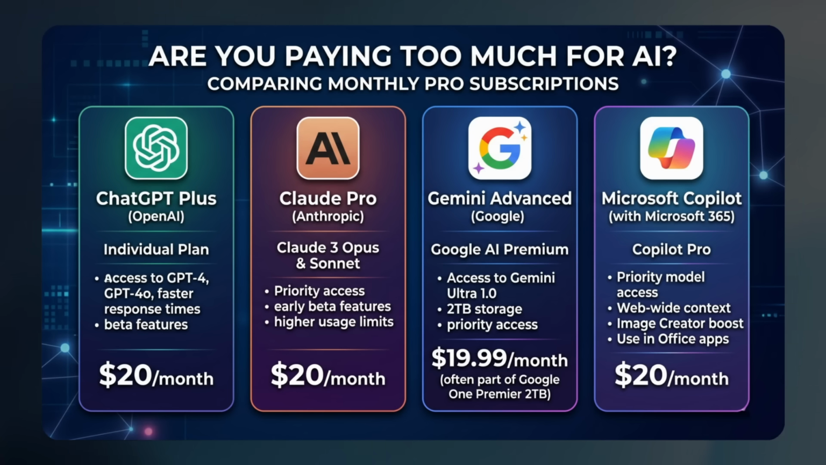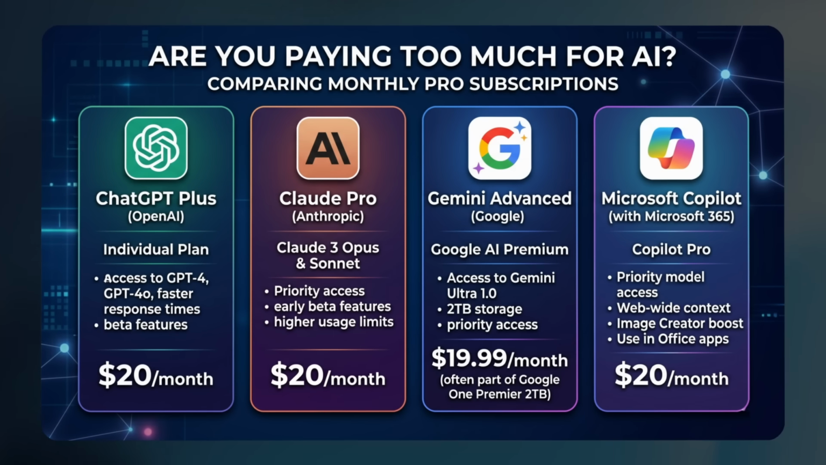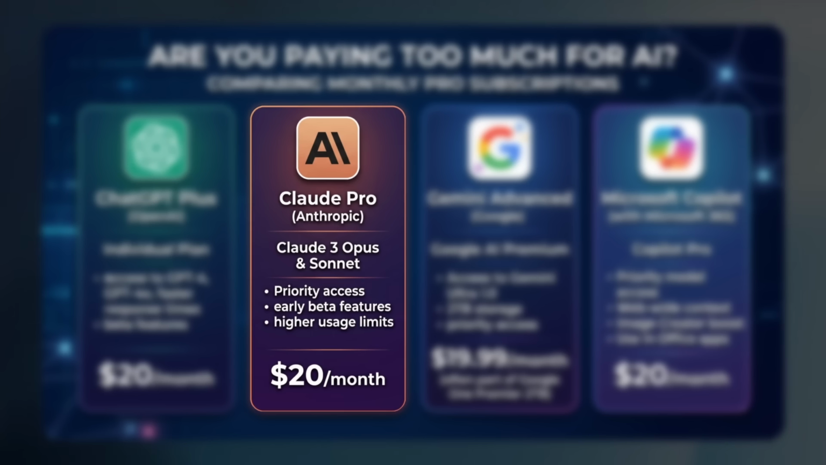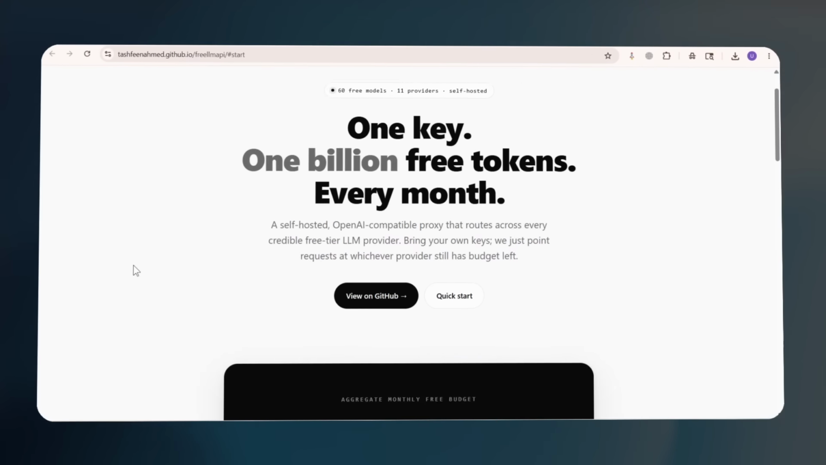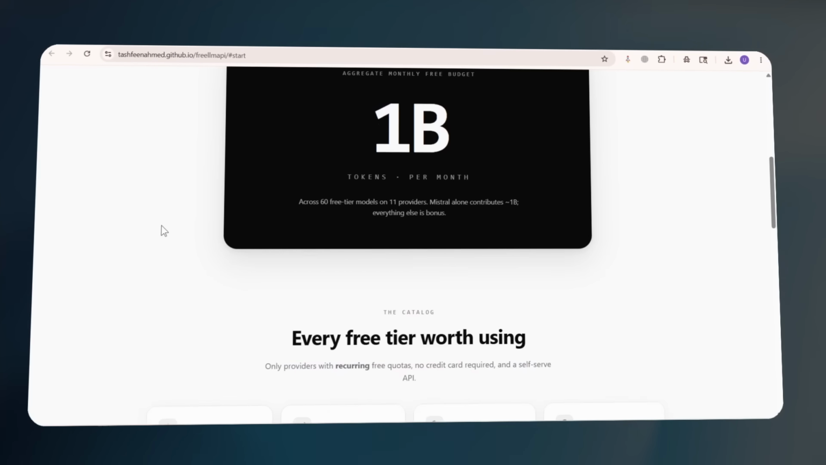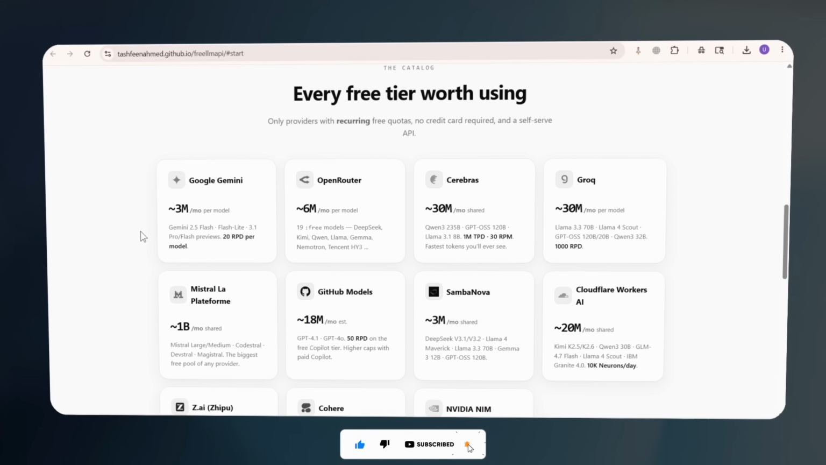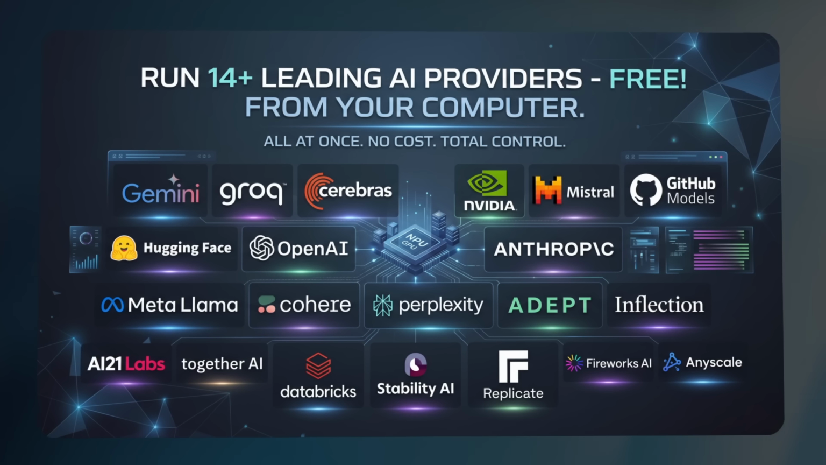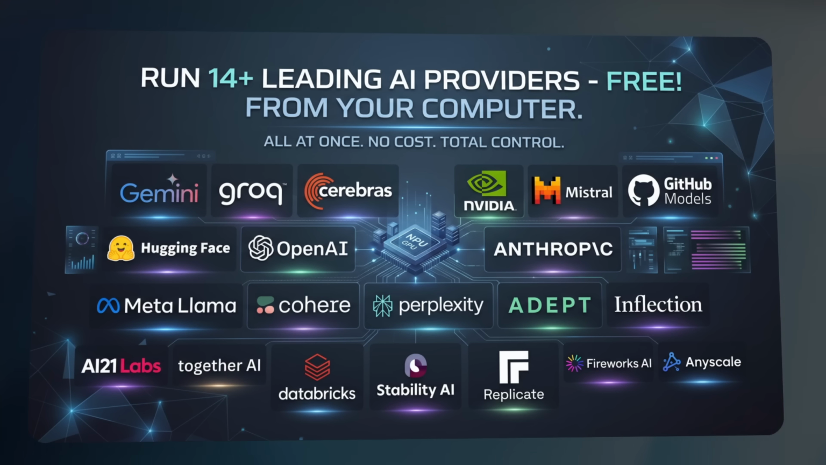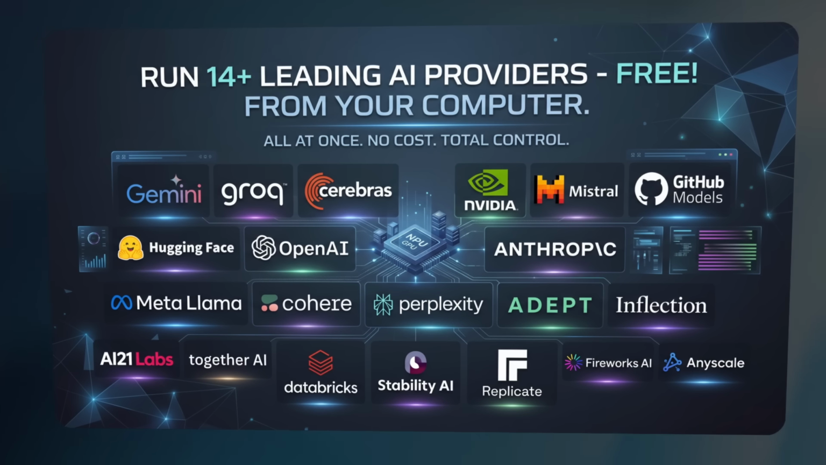So real quick, raise your hand if you've ever wanted to use AI tools without worrying about monthly costs. ChatGPT Plus, Claude Pro, Gemini Advanced, it adds up fast, right? What if I told you you can access all of this using the official free tiers these companies already provide, all from your own computer, all at the same time? I'm talking Google Gemini, Groq, Cerebras, NVIDIA, Mistral, GitHub Models, Hugging Face, and like 10 more on top of that. You can access all of this using the official free tiers these companies already provide, all right here on your